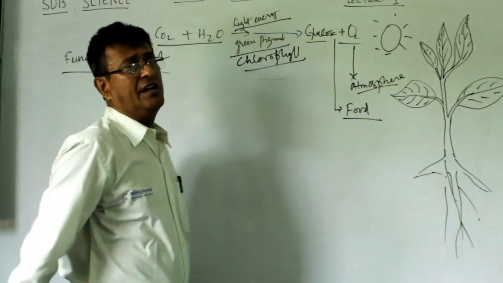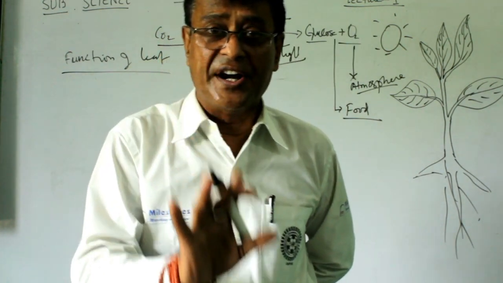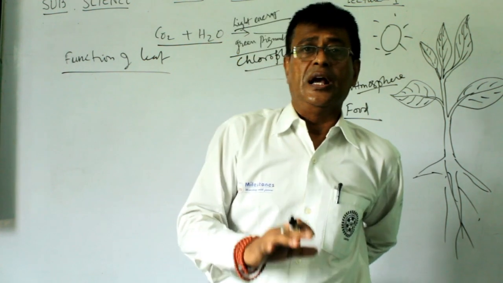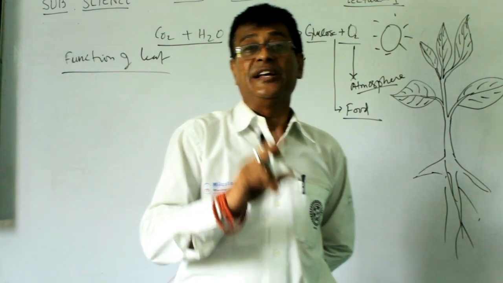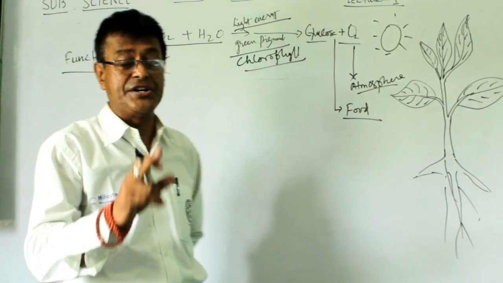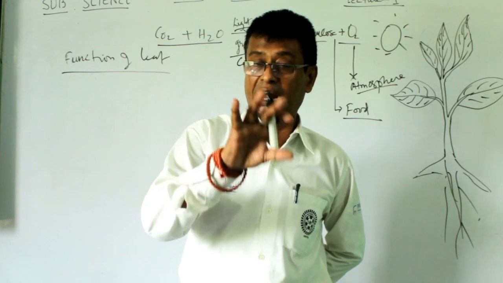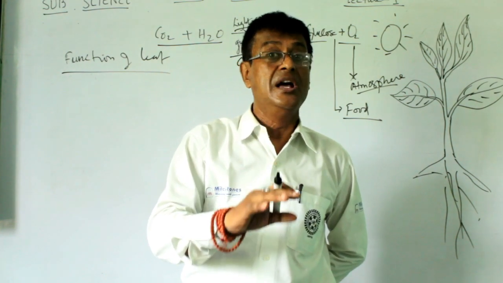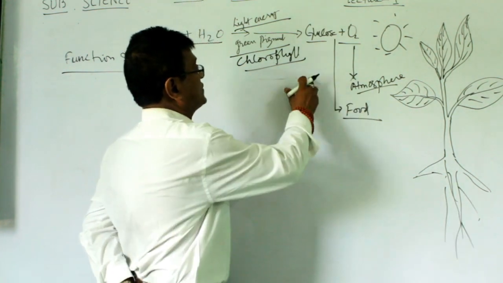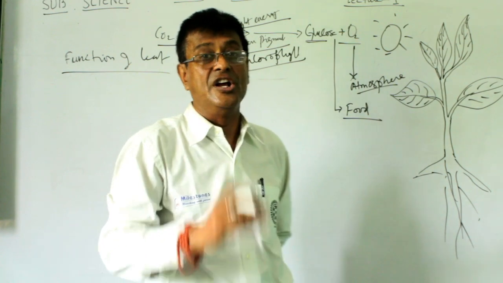This chlorophyll has the power of catching the sunlight and converting it into heat. And that heat is used for breaking down the water into hydrogen and hydroxyl ion. When you grow up, you will understand about these ions and radicals, and then this is how they undergo the process forming glucose, I told you, as the starch, and oxygen.